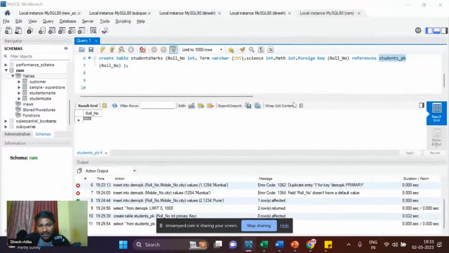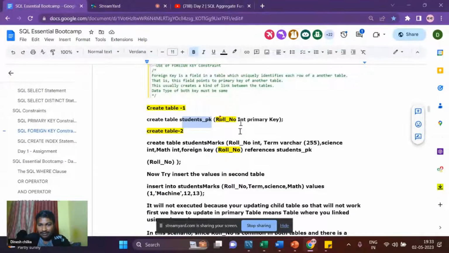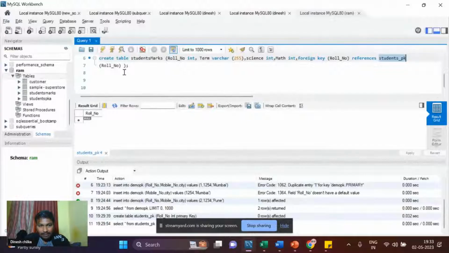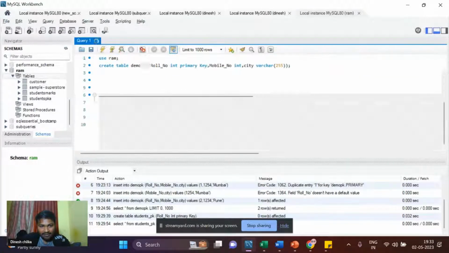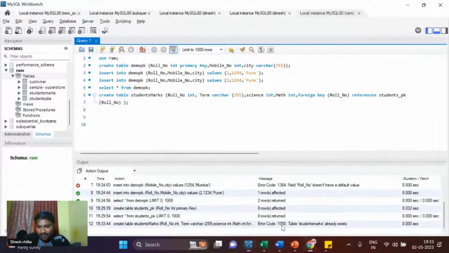Again, student speaking, what is the table name? Table name is roll number. Okay, table name is roll number. Just press Control Enter. Now the query is executed. Let's see, student marks already exists, so I have to change student marks to, let's say, student